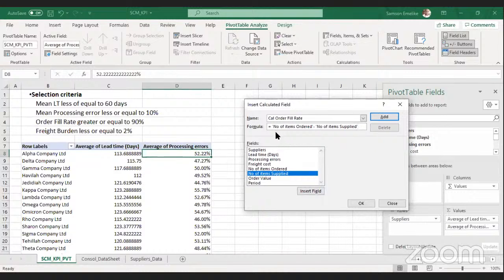So if I requested for 50 and you supplied 25, the order fee rate is 25%. So our rate is expressed in percentage. Okay, so it's going to be